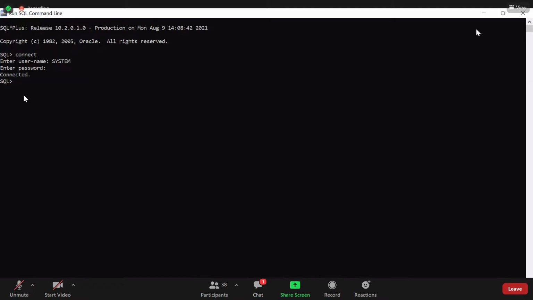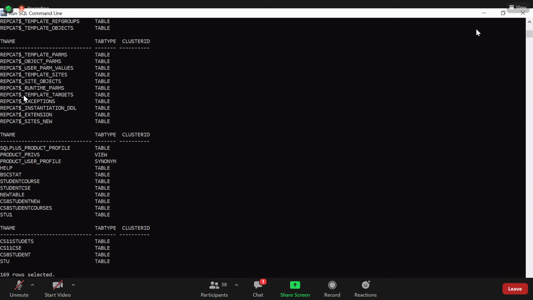Our next thing is, I think in the last class I created a table with your section name and all. So let us check whether the table is existing in the database or is it removed. For this, the syntax is select star from tab.